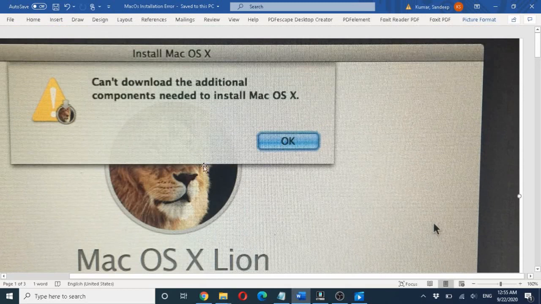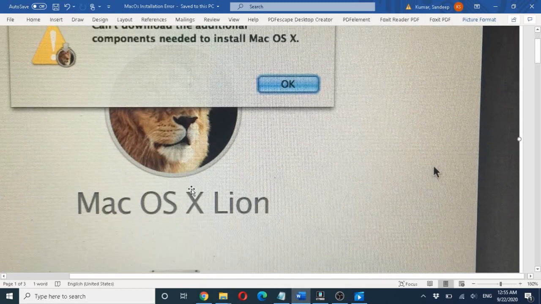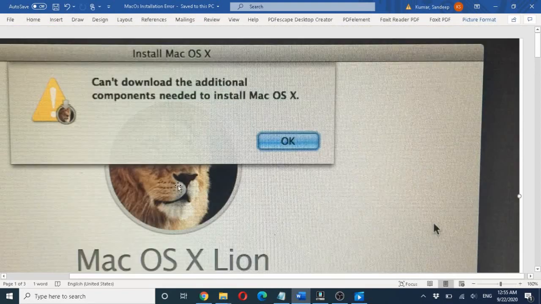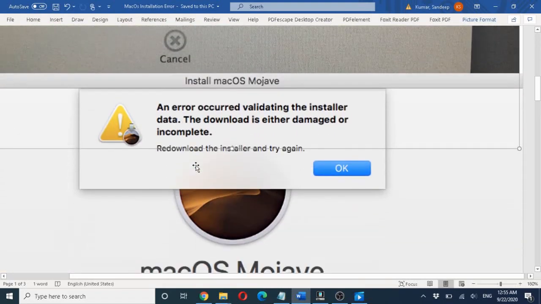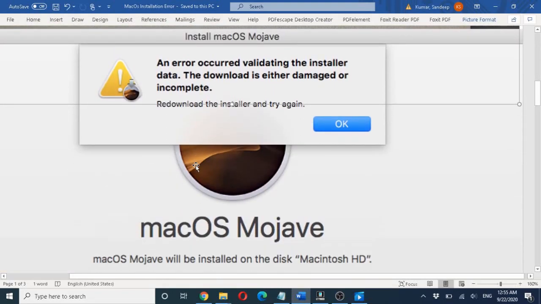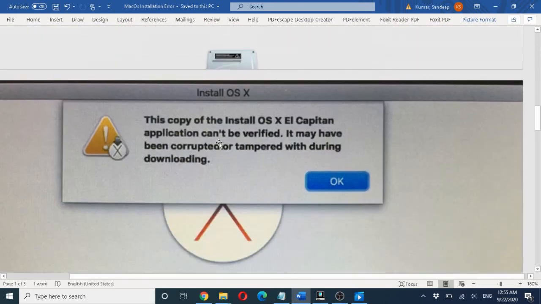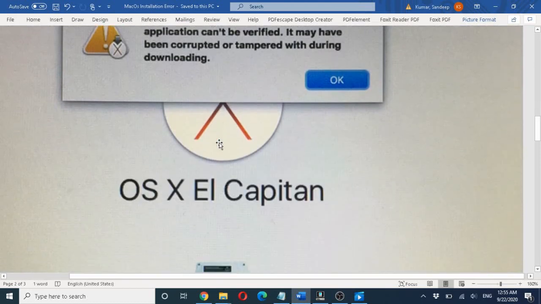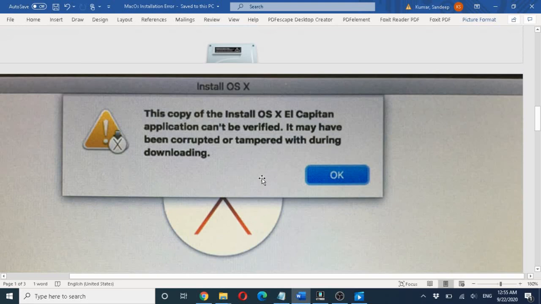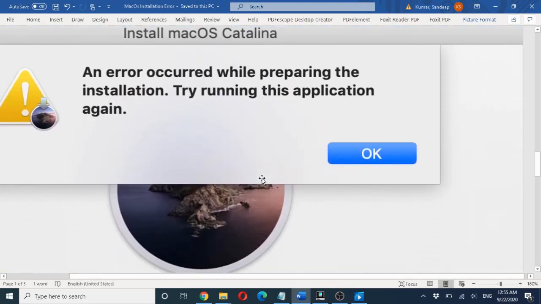I was trying to install Mac OS X and I was getting this error, but you might see some other error. If your device has Mojave, or if your OS is OS X El Capitan, you might see this kind of error or another error related to the Mac operating system installation.